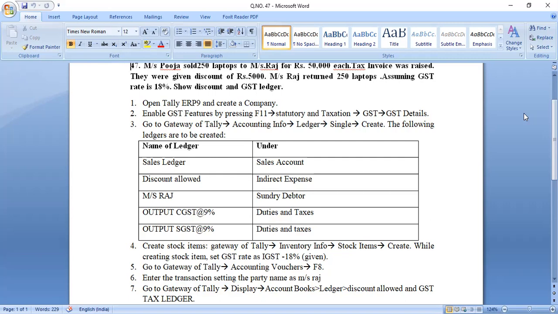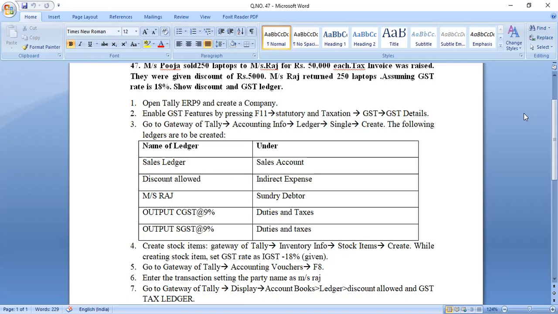Okay, so this is a perfect case of a credit note. You have to enter it in a credit note voucher actually. This is sales returns, so you should enter it in the credit note voucher. The complete transaction will be reversed. Whatever entry you enter for selling goods along with discount, in the second entry, when you return back, the entire transaction will be reversed. Okay, so this is the thing.